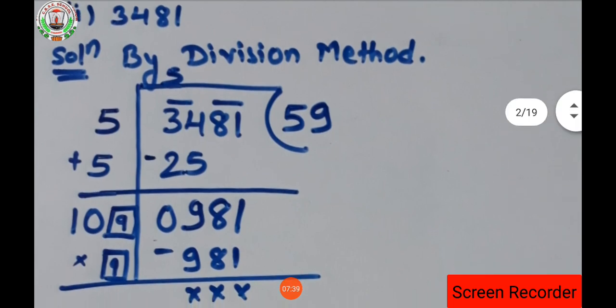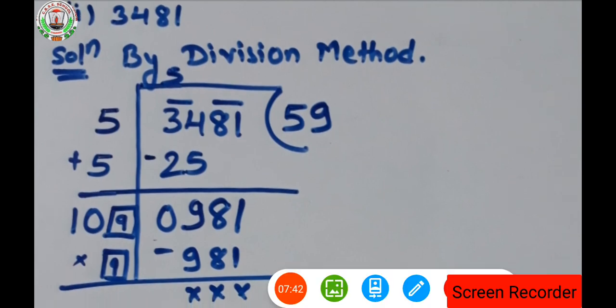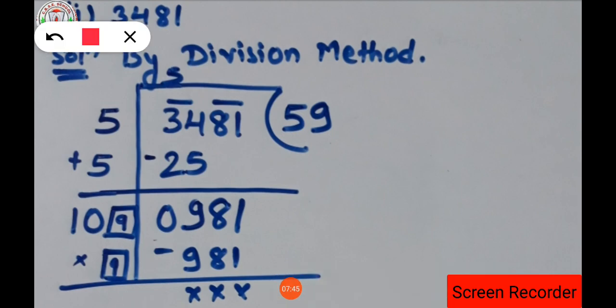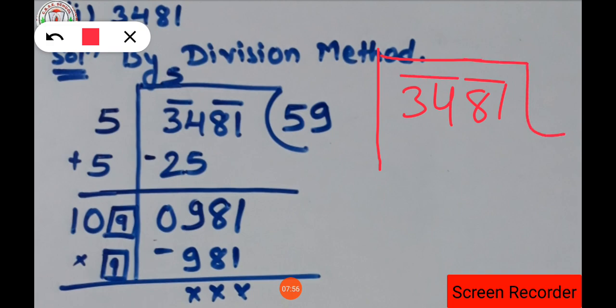So what's the number we are having here? The number we are having is 3481. So let's see how to do it. Okay, so first step is what? We have to make pairs from the right hand side. Remember students, pairs of two digits you have to make from the right hand side. So I have made the pairs 81 and 34 from the right hand side. Now we have to think of a number that should be less than 34 but not more than 34. So 5 5 is 25, then 6 6 is 36. 36 is more than 34, so we are going to take 5 here.